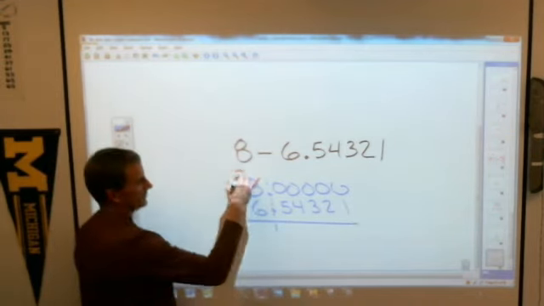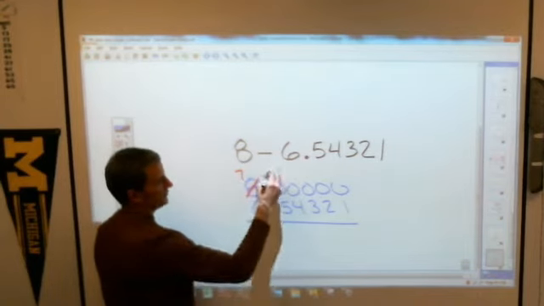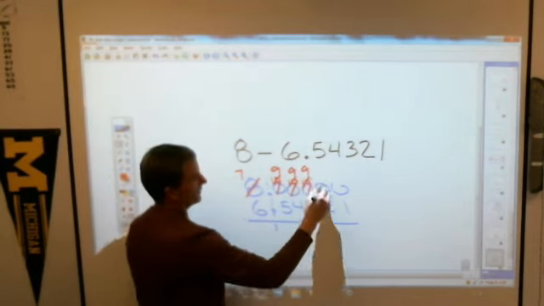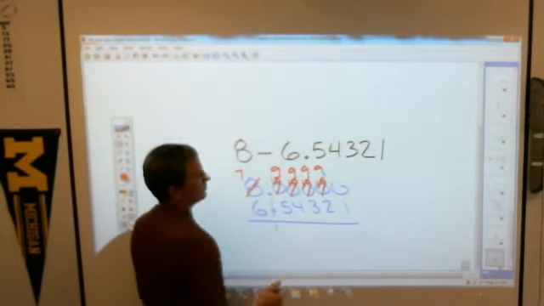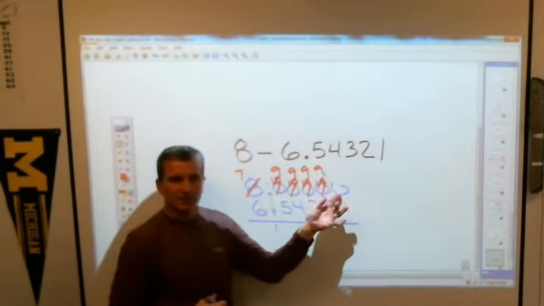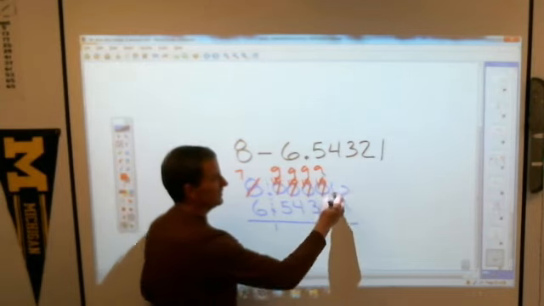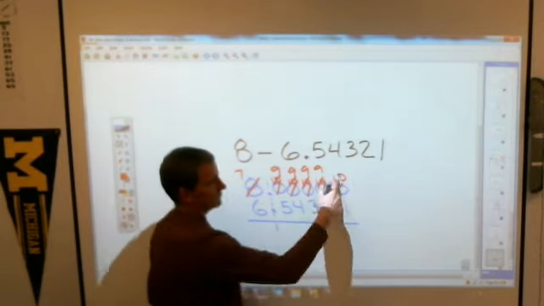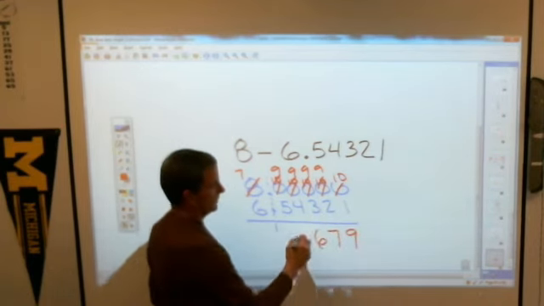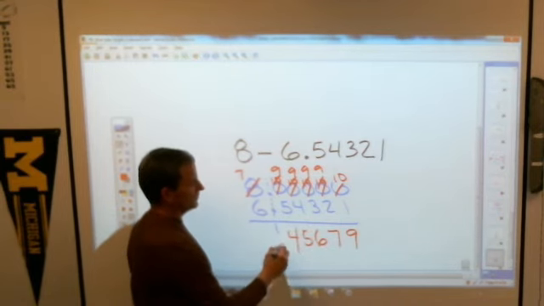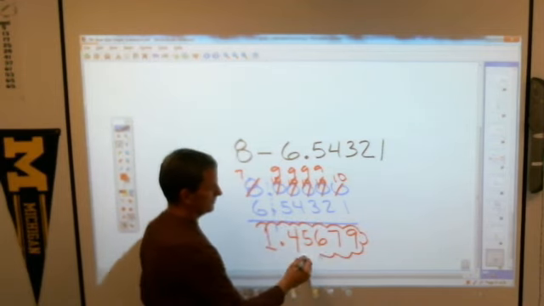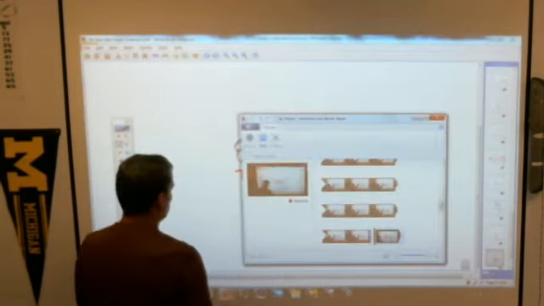If I borrow from the 8, it makes it a 7, that makes this a 10, but I have to borrow from that, making it a 9, making this a 10, and so on down the line. Now please, because I have all those 9s up there, I've seen some of you automatically assume that last one's going to be a 9, but you don't have to borrow from it, so it's actually going to remain a 10. 1 from 10 is 9, 2 from 9 is 7, 3 from that is 6, 5, 4, decimal point, 1. 1.45679. Everybody got a firm grasp of